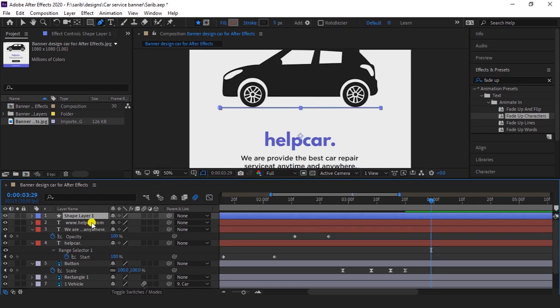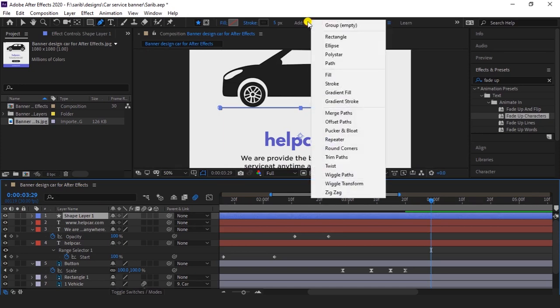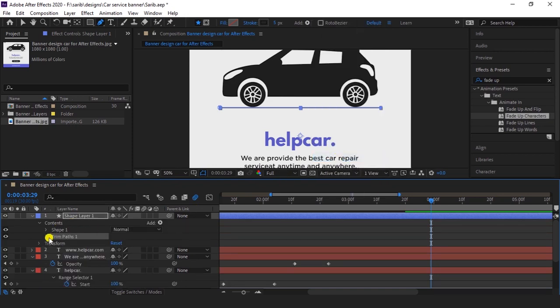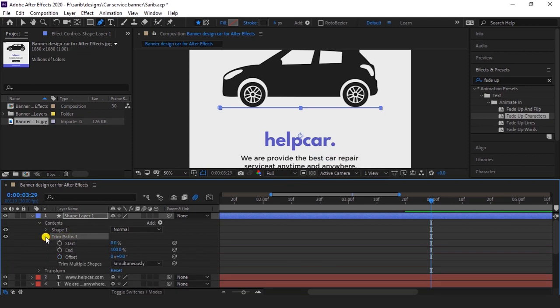So select this layer, this is our line, and go to here on add button. Now click on trim paths. So you will get a panel on here, trim paths 1. So open it. So now what we need to click on this stopwatch icon.